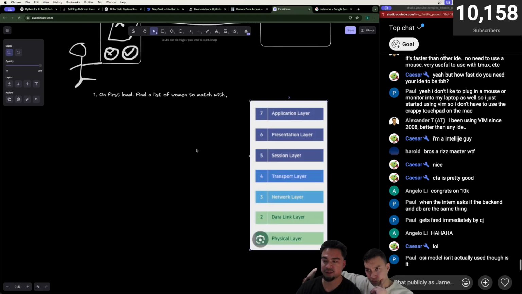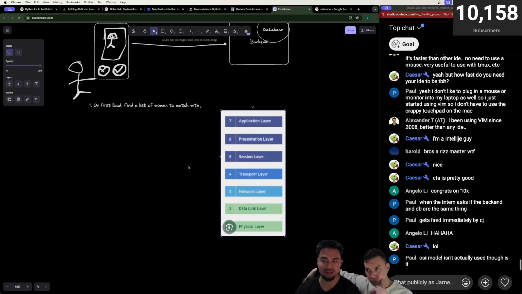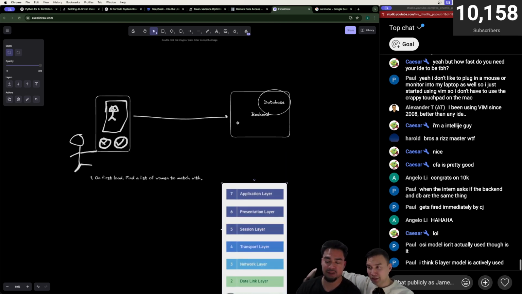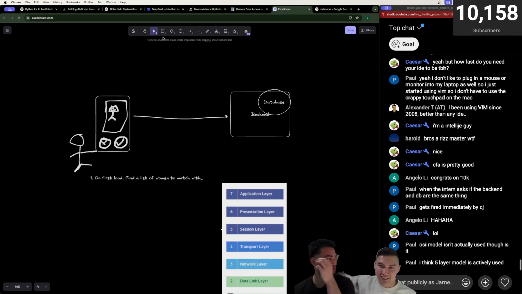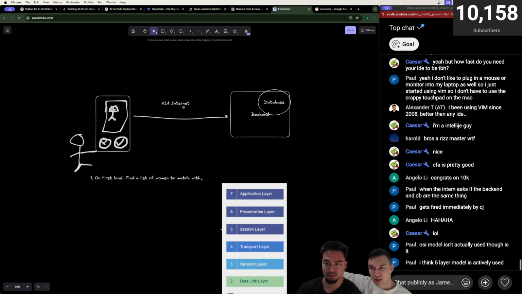So what's the physical layer? The physical layer is the actual wires and stuff, the computer and routers. So basically, how does it connect to the backend? First off, where's the backend? Usually some server. You don't even need to know where the server is. So how does it connect to it? It connects via the internet at a high level.